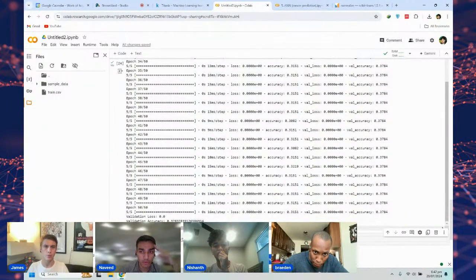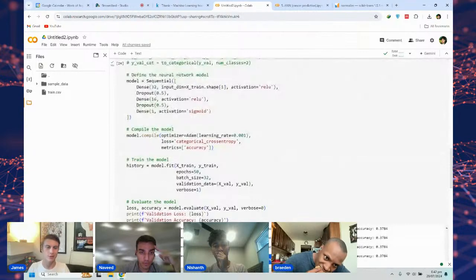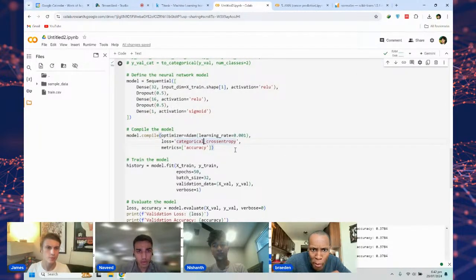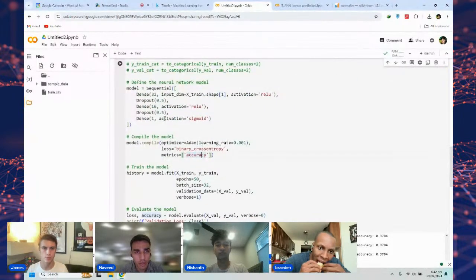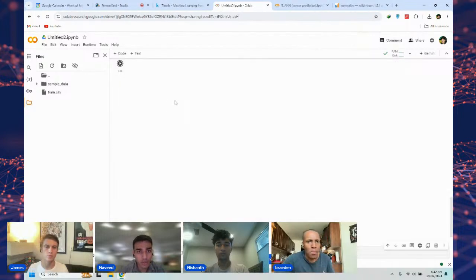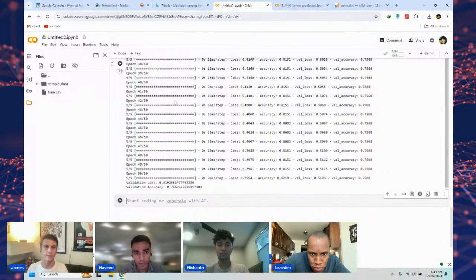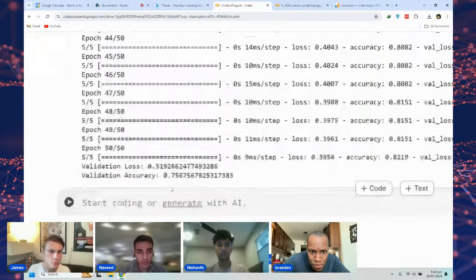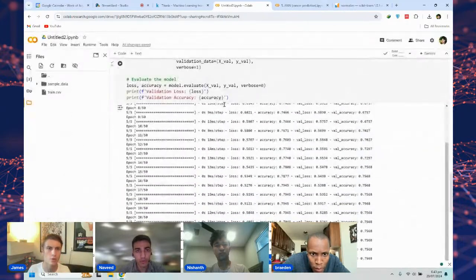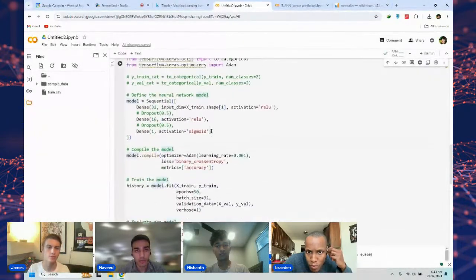Wow, the model performs terrible. What does it give? Wait a second. We also need to change this to binary cross entropy now because we have replaced that with the sigmoid. And also, let's just remove these dropout layers. I'll talk about it in a second. Yeah, it's better now. Validation accuracy of 75. So the changes that I have made to this model: